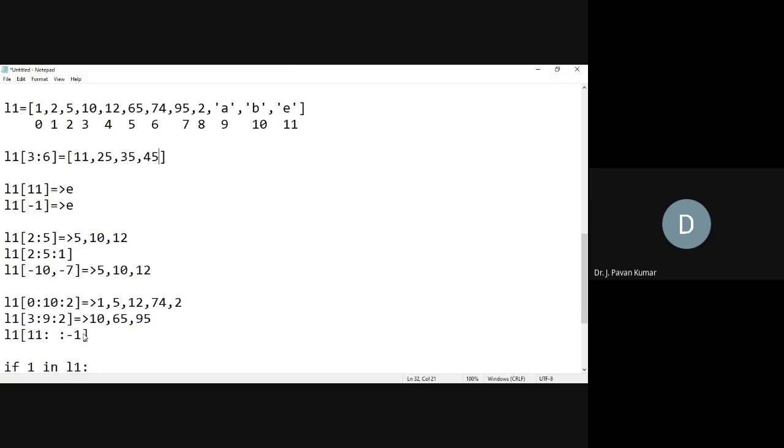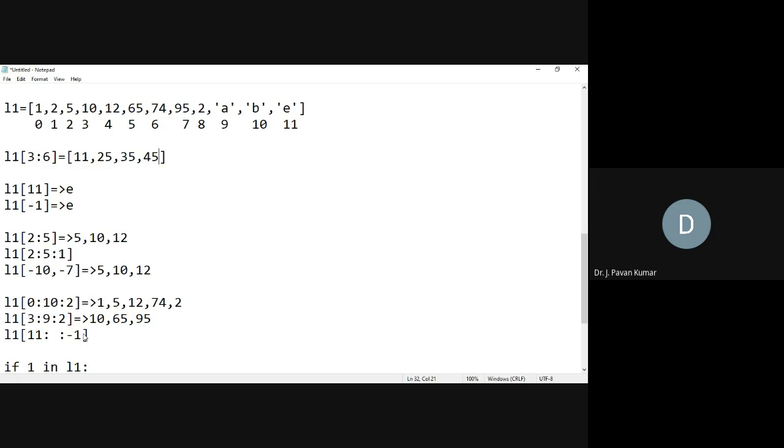But whatever slots we have given, those elements will be replaced by this particular list. So the 3, 4, 5 indexes will be replaced by 11, 25, 35, and then the sixth index will be filled with 45.